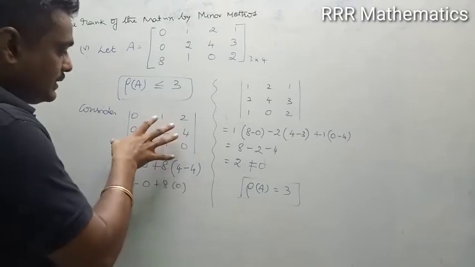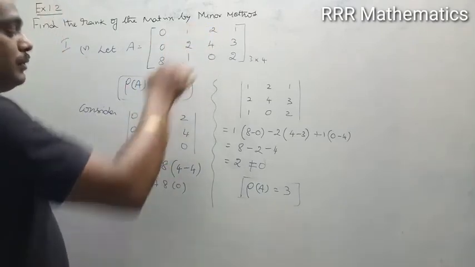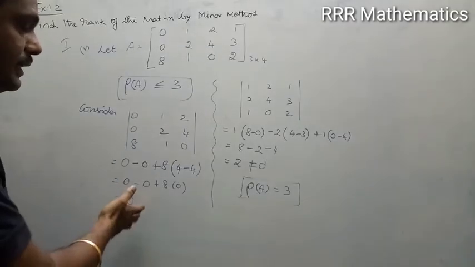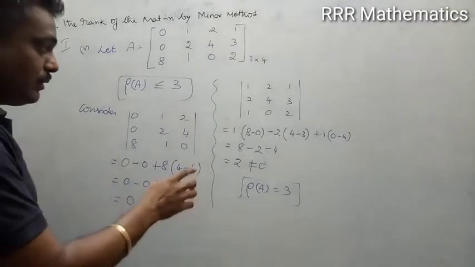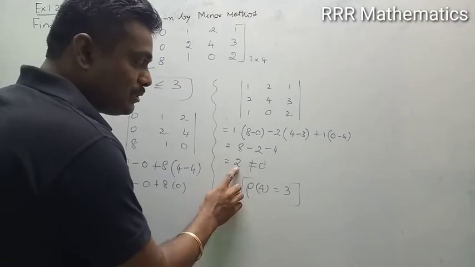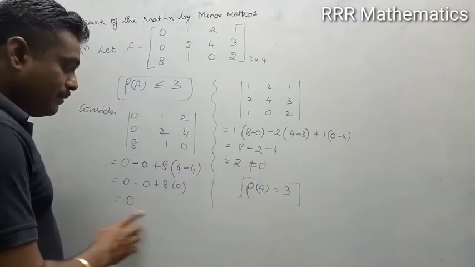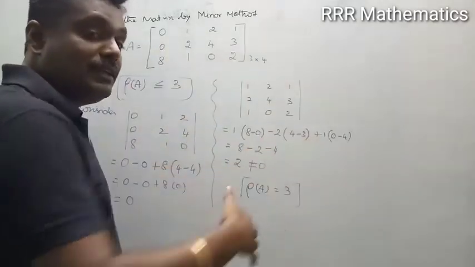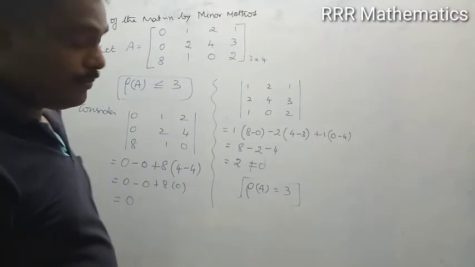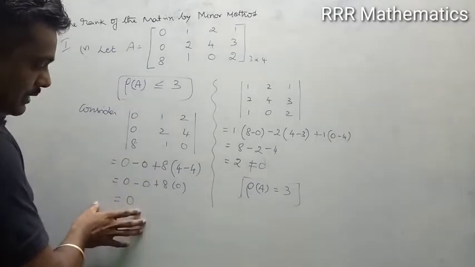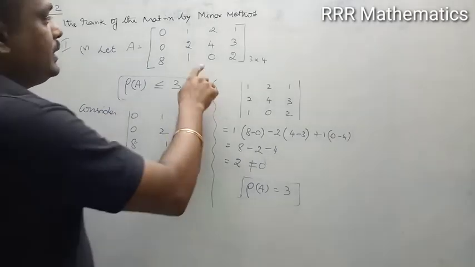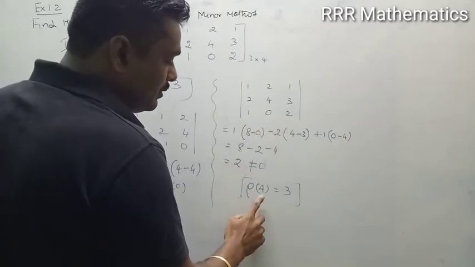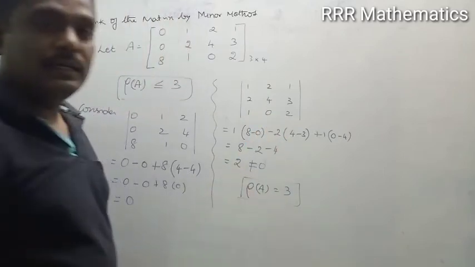In this case I considered column 1, column 2, column 3, and I am getting 0. But I cannot declare whether the rank is 3 or not. If I want to declare the rank is 3, at least one not equal to 0 is enough. But if I want to declare the rank is not equal to 3, I want to show all the 3 by 3 minors are 0. So I took this one, I am getting 0. Here I use column 2, column 3, column 4. I am getting the determinant value not equal to 0. Rank of A will be 3.